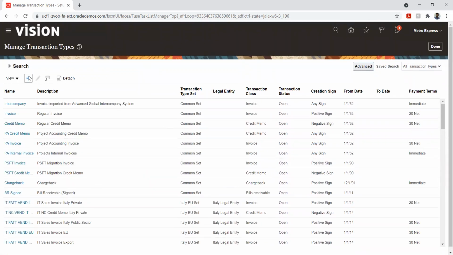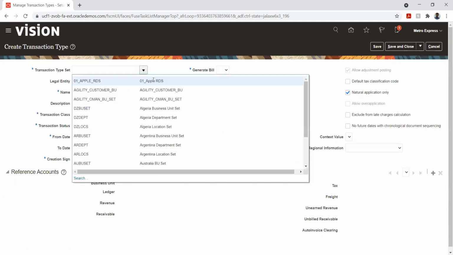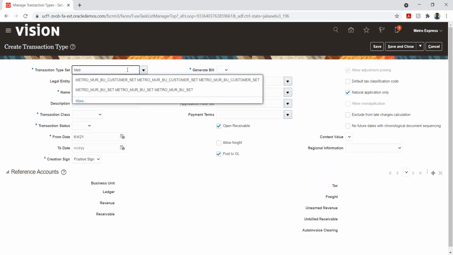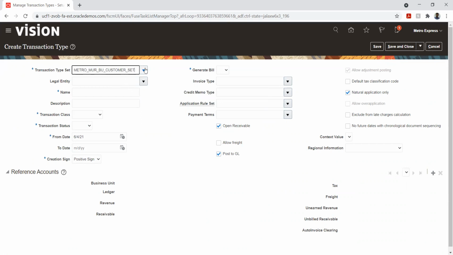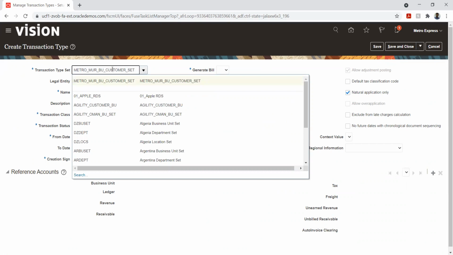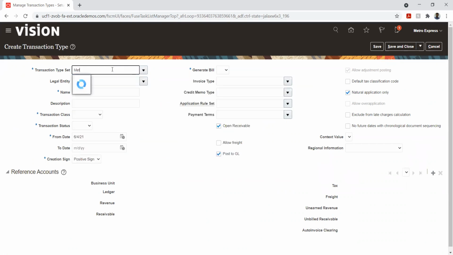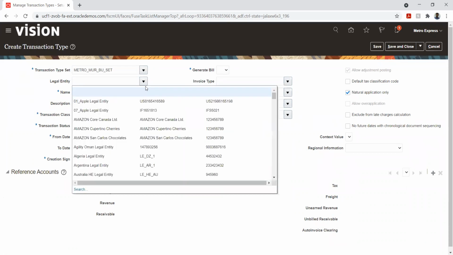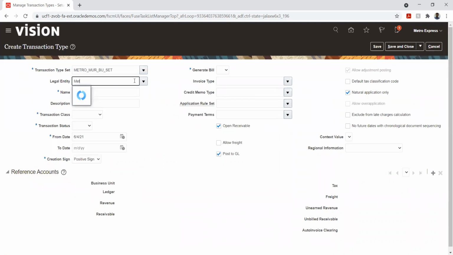Okay, let me create a new one. The transaction set is the RDS, reference data set.